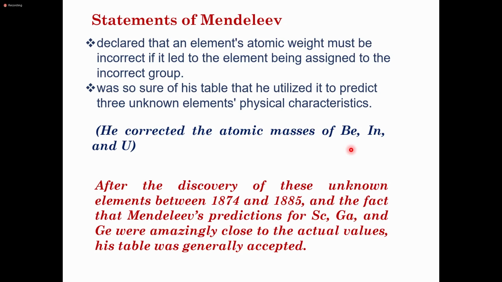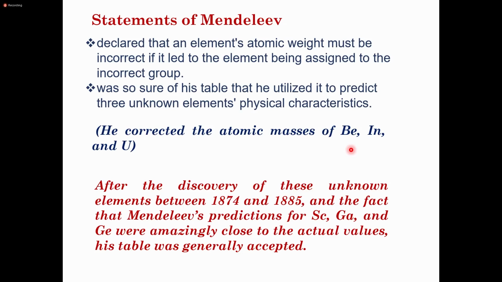Actually, he proposed some physical properties without experiment. Without any experiment, he just proposed the physical properties of three elements like barium, indium, and uranium. But after these elements were discovered, he was correct. He also corrected the atomic mass of these elements. So there is a consequence that after the discovery of these unknown elements between 1874 and